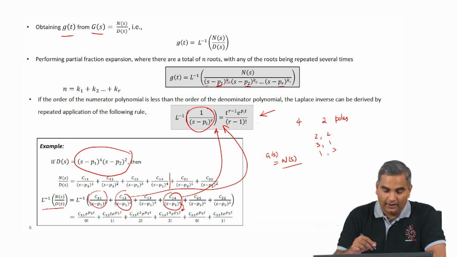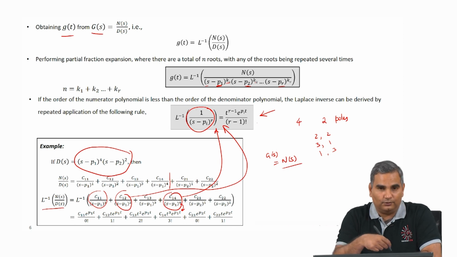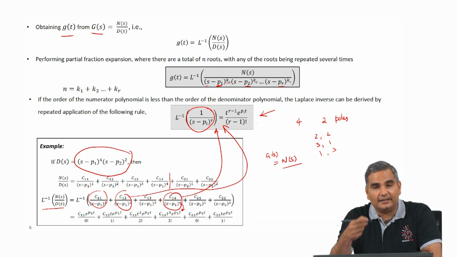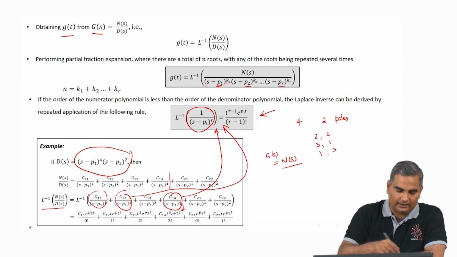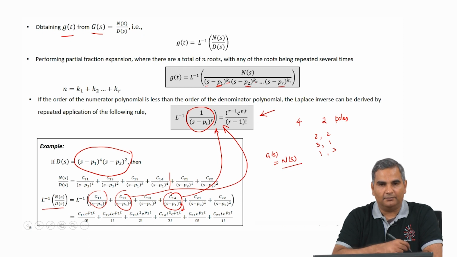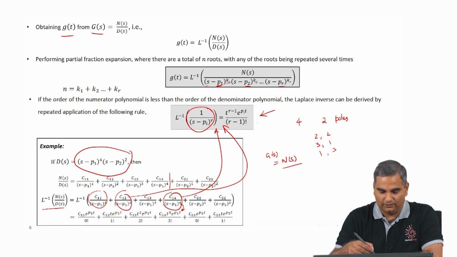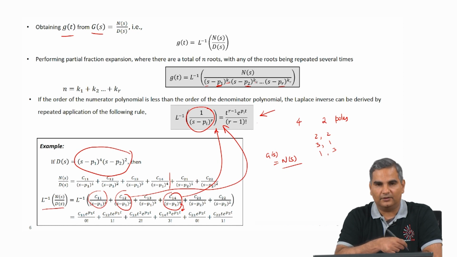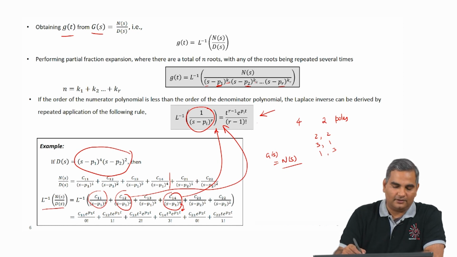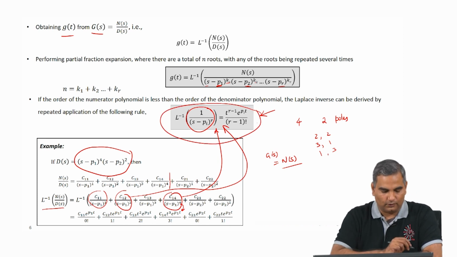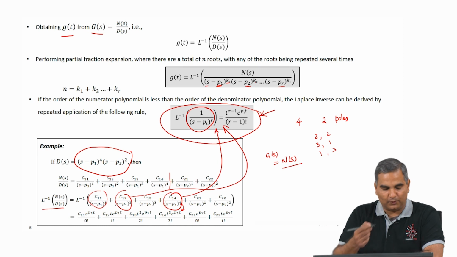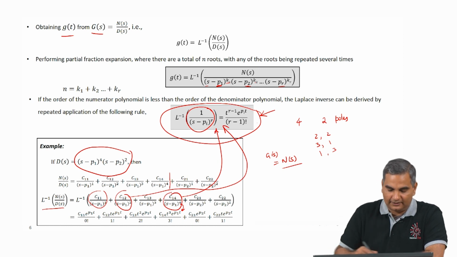And it is not anything specific to this example that these terms look like this. Any time you have the transfer function in a numerator by denominator form, I can always guarantee that I can put this in this partial fraction form, and the minute I put it in the partial fraction form, it is very trivial to write the inverse Laplace transform, and the inverse Laplace transform keeps using this again and again. It repeatedly applies this to get the solution. So, ultimately when I want to get the inverse Laplace of N(s) over D(s), which could be Y(s), G(s) or I(s), then I get this here.